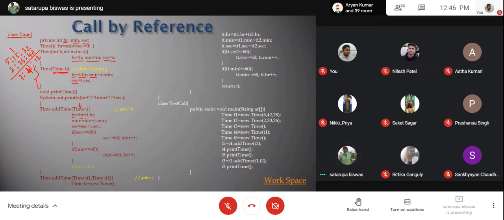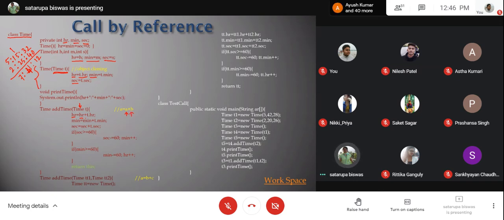So try to remember here, the caller's hour is basically getting updated, and this update is actually done at the permanent level. Okay, so permanently the caller's hour is being updated. So it is basically like A equal to A plus B. You get the caller from here, you get the passing value from here.